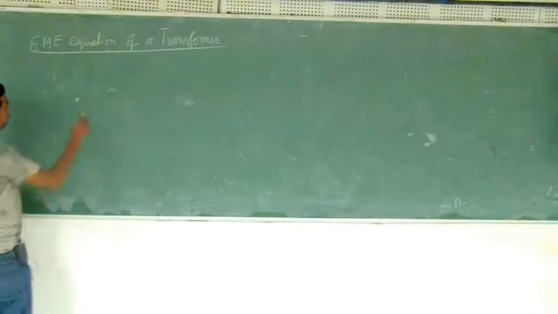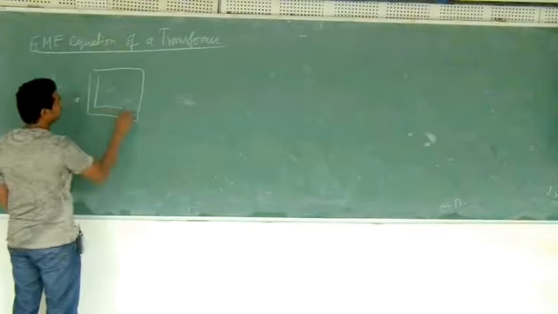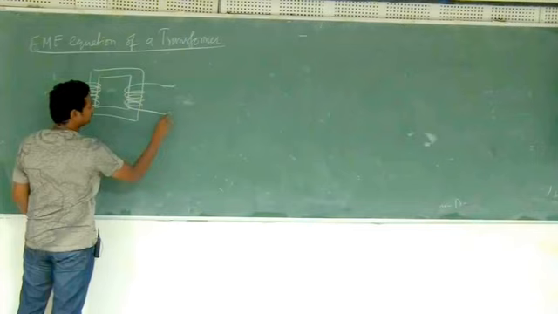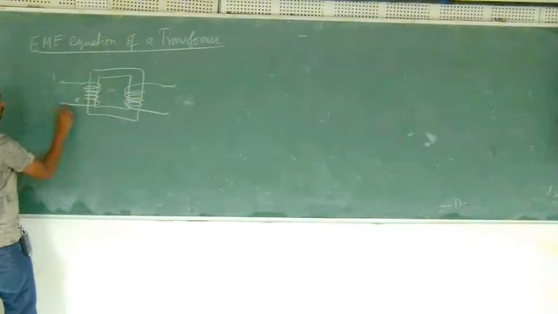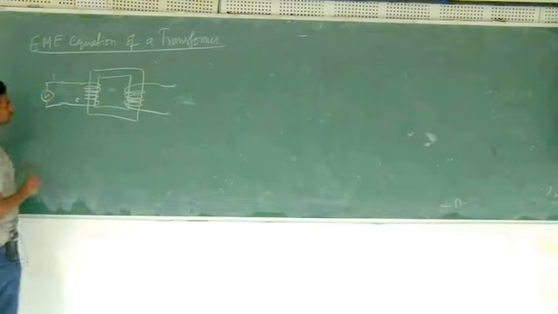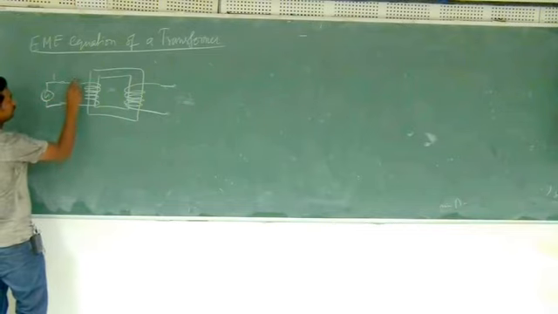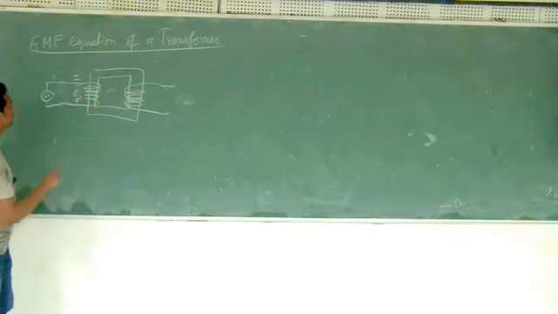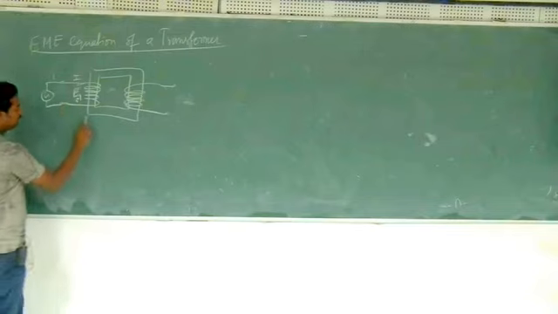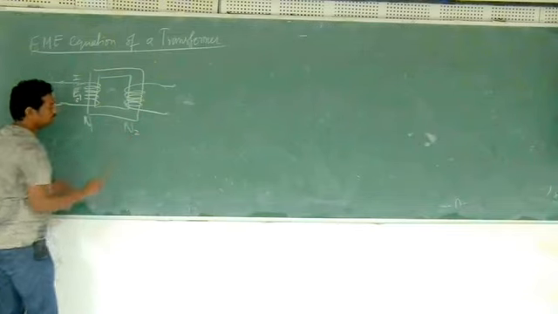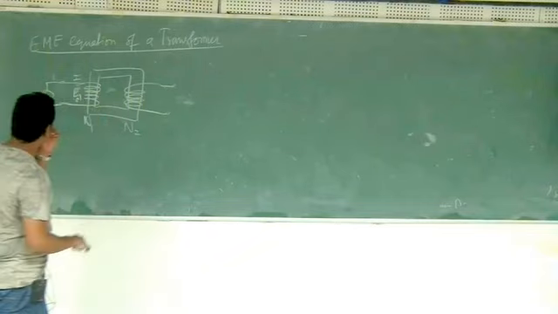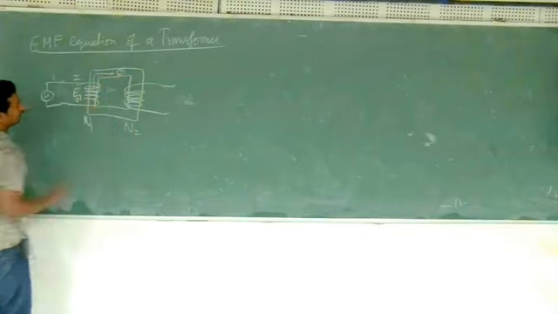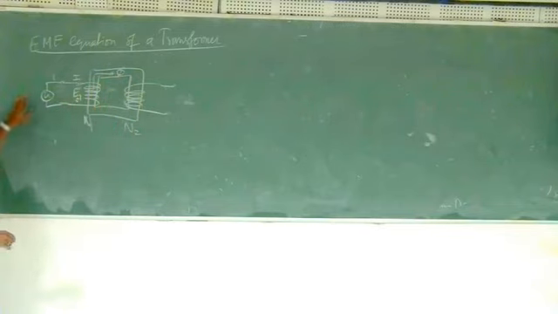Okay. So basically, this is the transformer, this is the primary winding, this is the secondary winding. Here I am connecting an alternating voltage source, then it will circulate some current I, and some EMF is induced, E1, or capital E1. There are N1 turns here and N2 turns here. This is the number of turns. You have already seen all this. There is a flux phi created because of this current, and the voltage is V1.